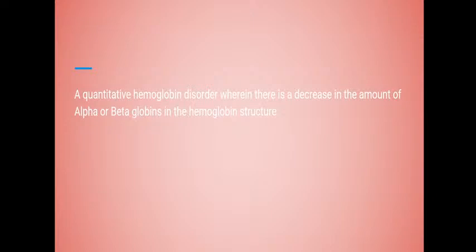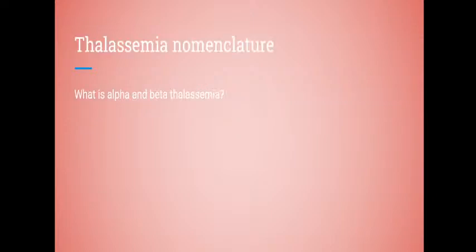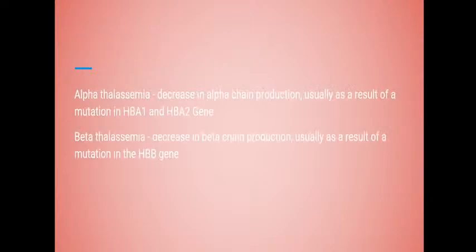All right, let's move on. A quantitative hemoglobin disorder wherein there is a decrease in the amount of alpha or beta globin chains, okay? And you have to be mindful of the thalassemia nomenclature. What do I mean by nomenclature? How they name the thalassemias, okay? So there's an alpha thalassemia and a beta thalassemia. Which one is affected? In alpha thalassemia, there is a decrease in the alpha chains, all right? Usually as a result of a mutation in